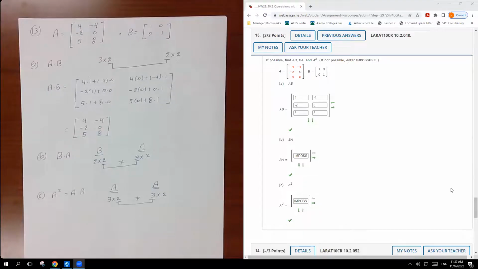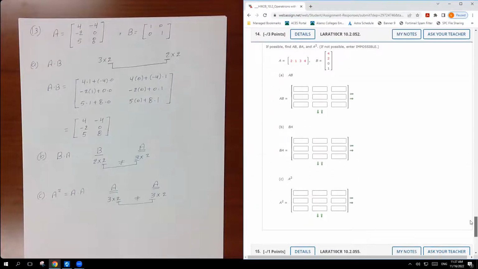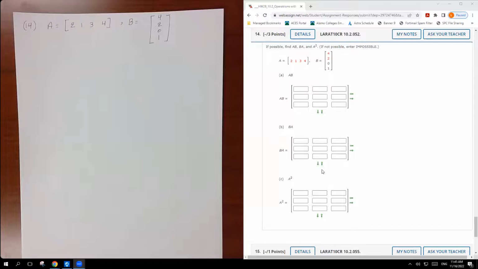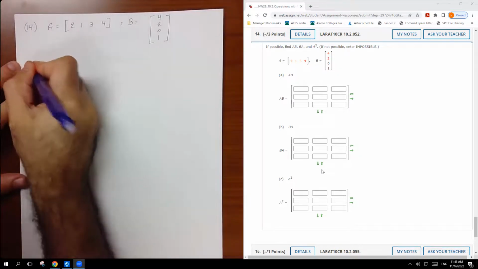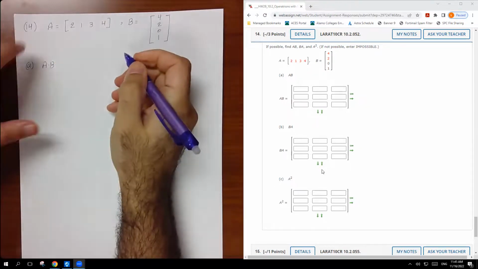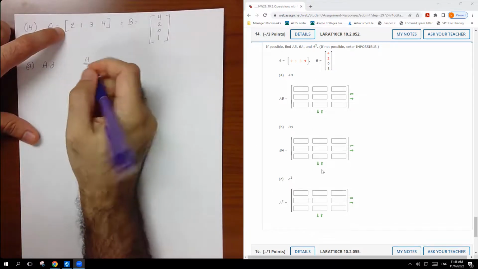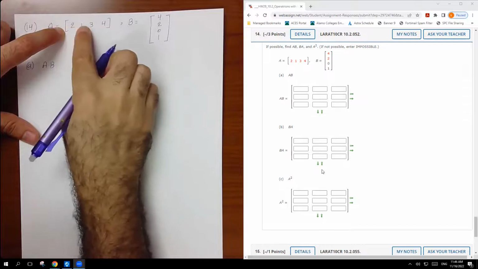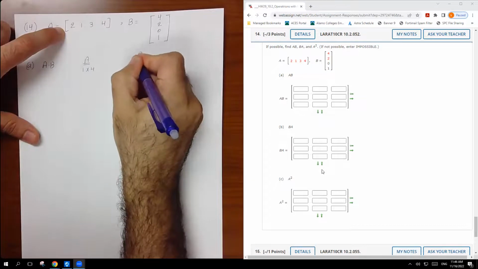You got it right. Let's move to example 14. We're going to do exactly the same thing. So let's check example 14. The first thing we need to find is A times B. If you look at this matrix, the dimension for matrix A is 1 row, and 1, 2, 3, 4 columns. So 1 times 4. The dimension of B is